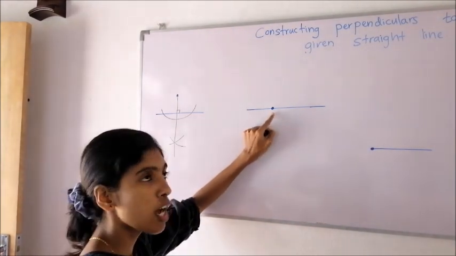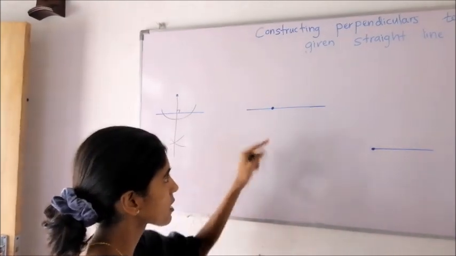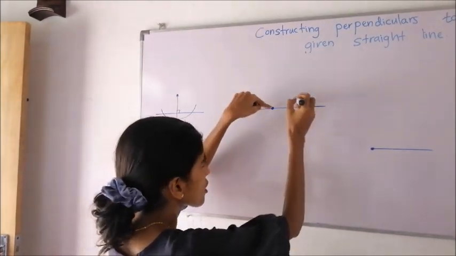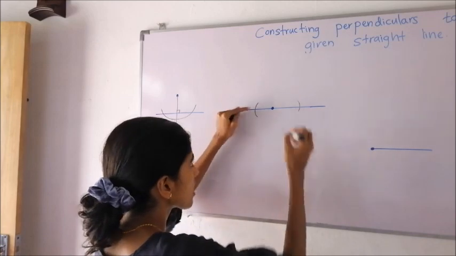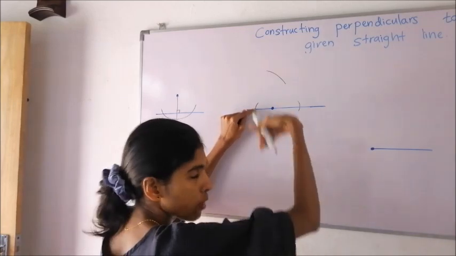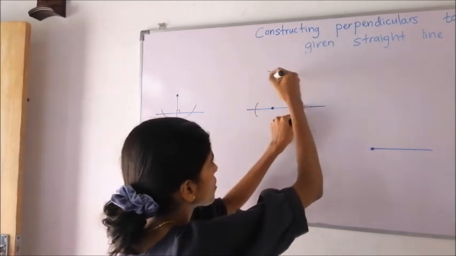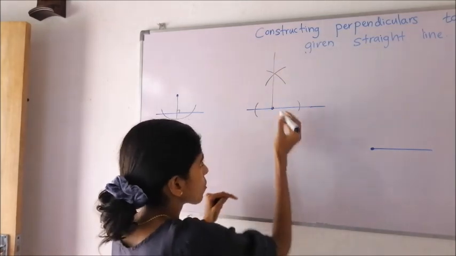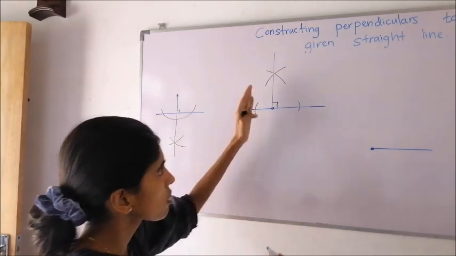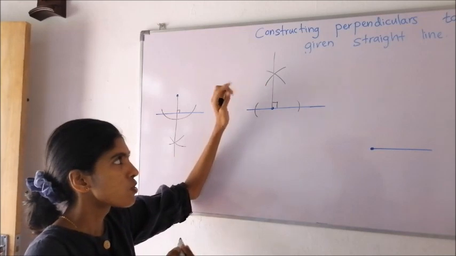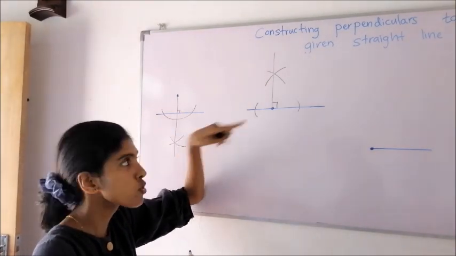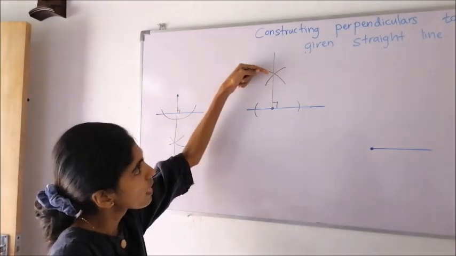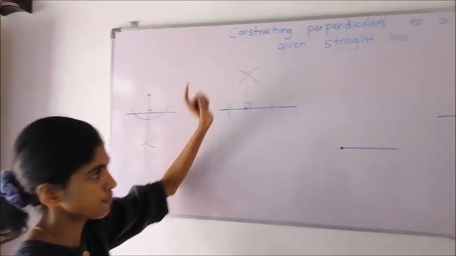Now, in this situation, on the given straight line, we are given the point also. At this point, we are going to draw a perpendicular to this given line. Keeping the middle point here, from either side we draw 2 arcs. Again go to this point, up or down. You can draw 1 arc, go to this place, another arc, join these 2. Why did we draw only on one side? Because to draw a straight line, we need at least two points, the original point and this intersection point.